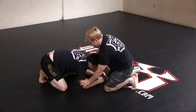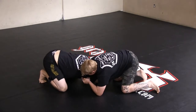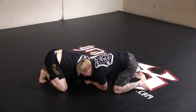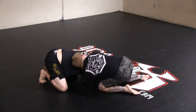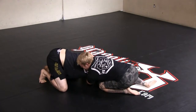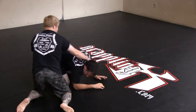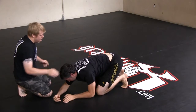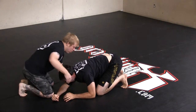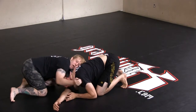So again, right here, I popped him forward, shot this one through, pushed this one down, collapsed him down, take this hand, shoot it through, lock it up. Now, the difference on this one is the finish is going to be a lot different. Okay, so from right here, we're going to shoot again, here, lock them down, shoot this one through, lock it